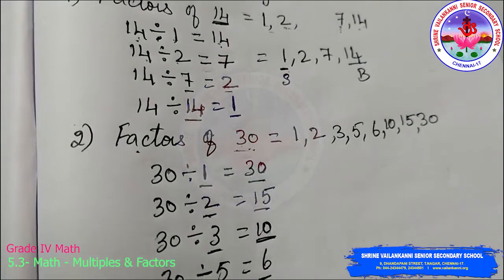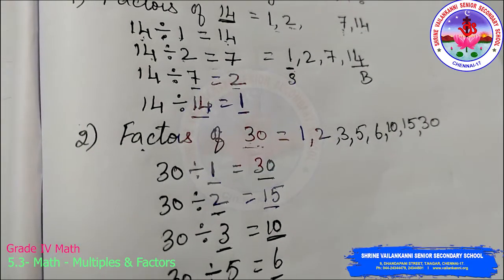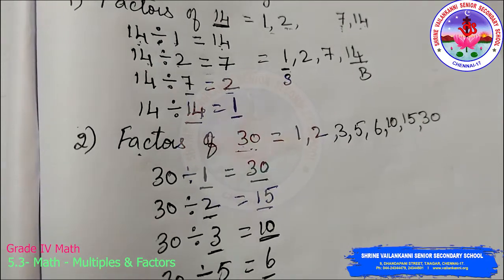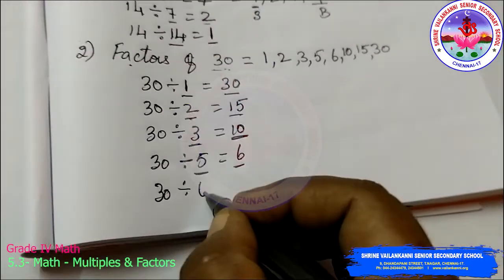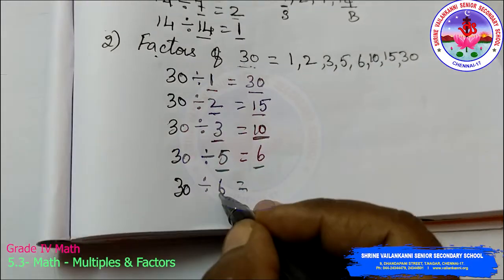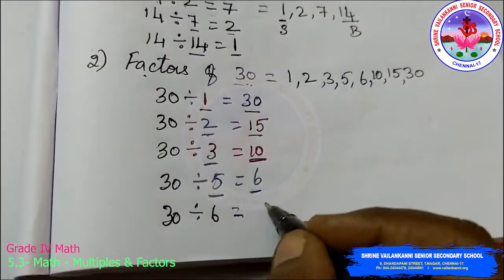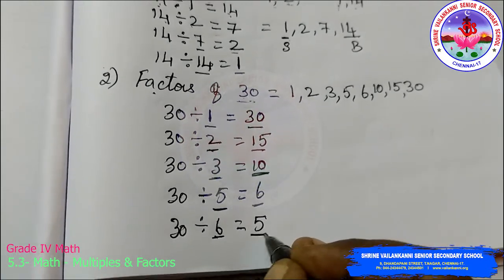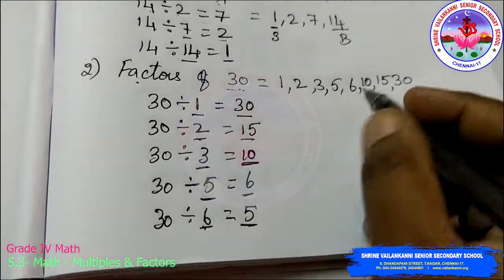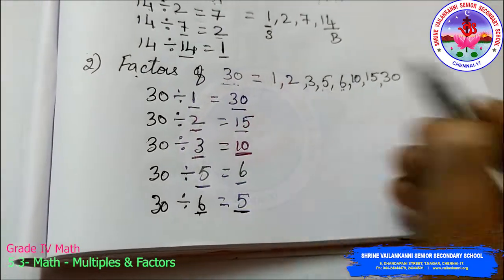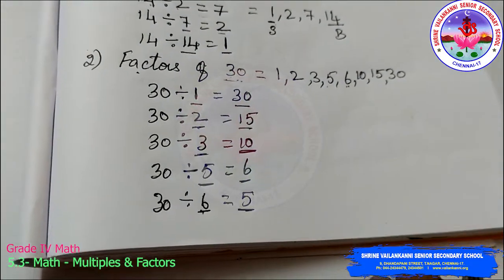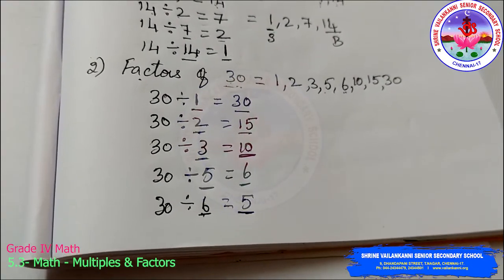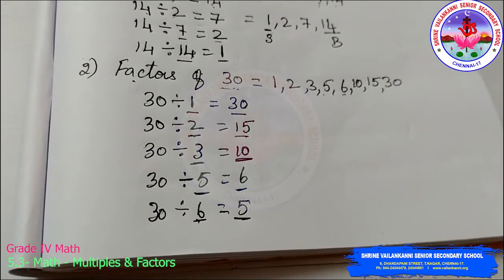Okay. So next, after the 5 table, the 6 table. Is 30 divisible by 6? Yes. 30 divided by 6. How many times will 30 come in the 6 table? 5 times. 5 6s are 30 and 6 5s are 30. So this 6 and 5 we have already written. And then 7 table, 8 table, it is not possible. 30 cannot be divided by the 7 table. The 8 table, it is not divisible.